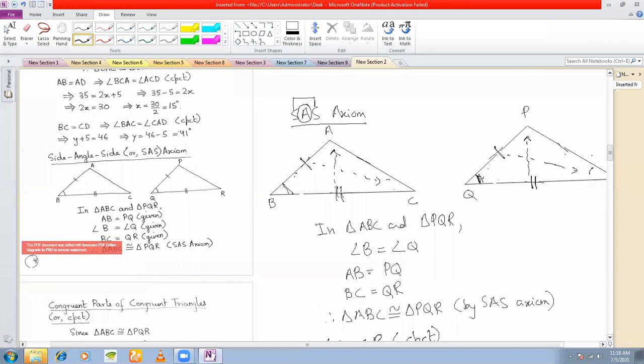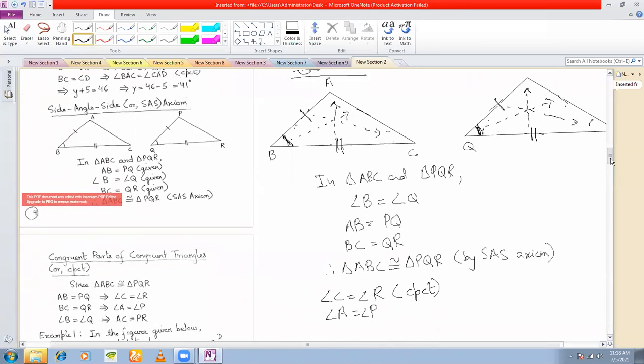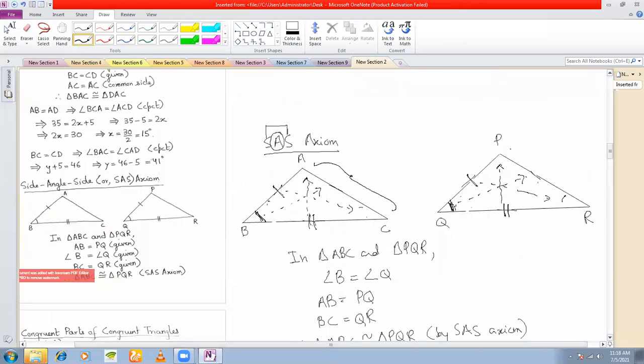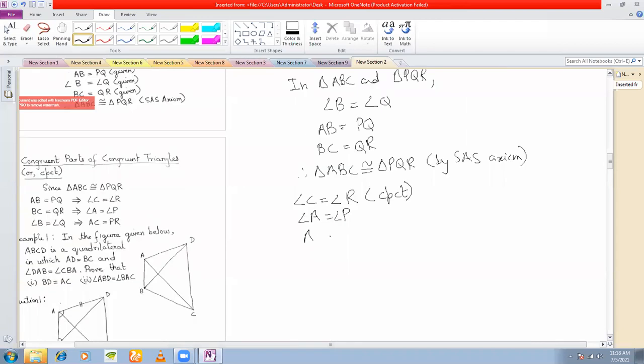Now the question is which sides are equal to what? Now see, these two angles are given to be equal, right? Opposite to this angle is which side? This side. Opposite to this angle is which side? This side. That means these two must be equal. AC must be equal to PR. See this side? These two sides must be equal. So AC is equal to PR. All this we are getting by CPCT.